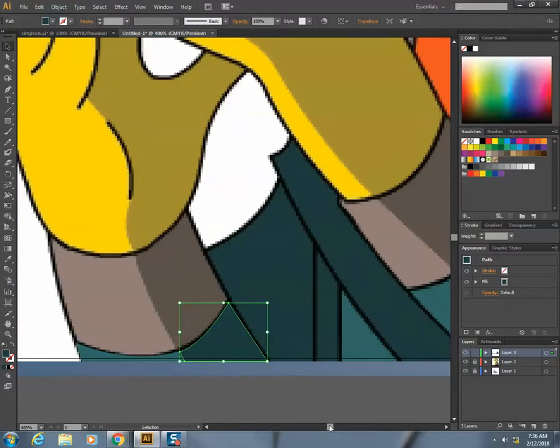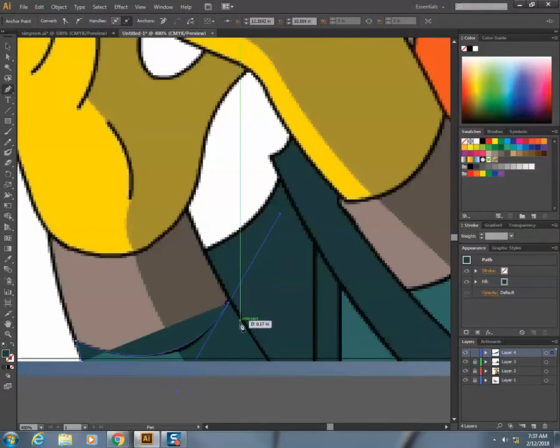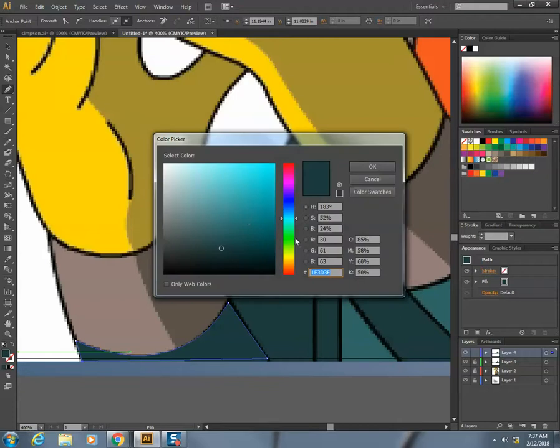So the way that I would do the black outline, because I saw some people struggling with this, is I'm going to lock that layer, create a new layer to do my black outline on, and then I would click, click, come up here, kind of click and hold so it follows the shape. Click on that anchor point, click right there, come over here and click. Okay, and this is obviously going to have to be the color black,